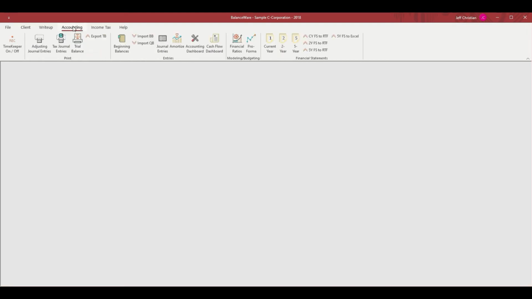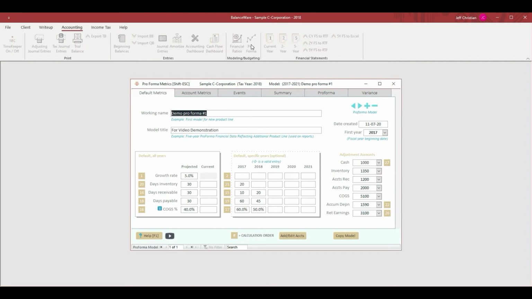Okay, let's take a look at the Pro Forma dashboard. The dashboard is divided into 6 tabs. Metrics are maintained on the first 3 tabs: default metrics, account metrics, and events. The 4th tab is a summary tab for quick reference of key Pro Forma accounts and categories of accounts. The 5th tab is the Pro Forma itself, and the 6th tab is available for variance reporting. Variance reports can be printed for any year in which there is actual data to compare the Pro Forma with,